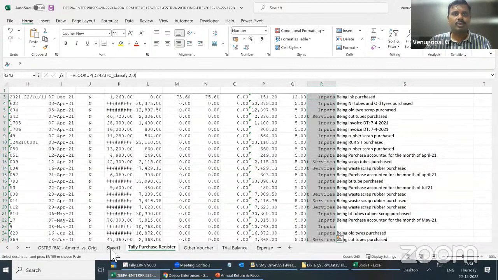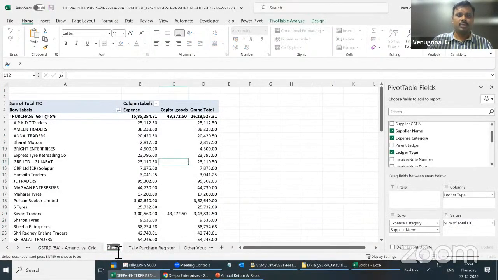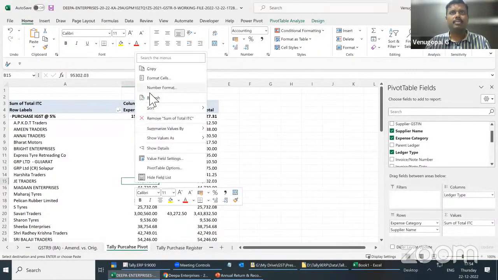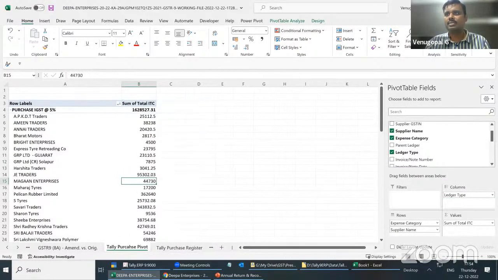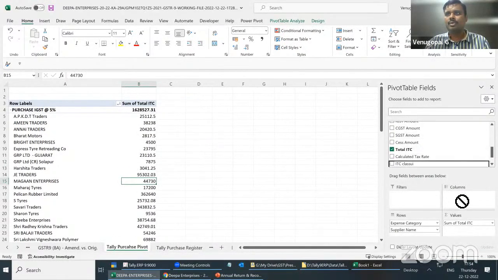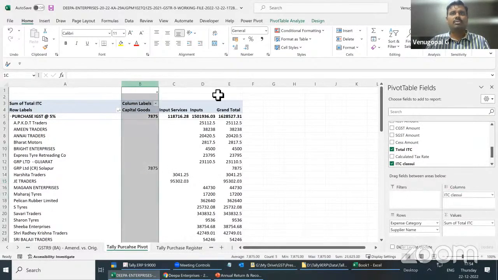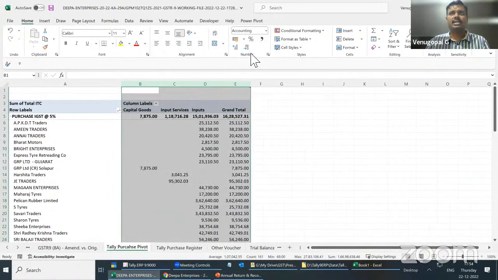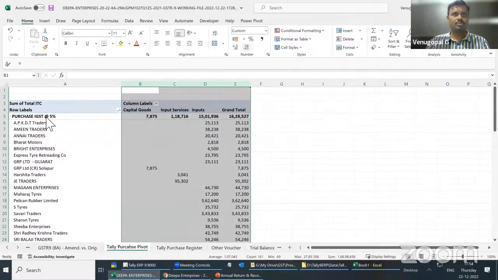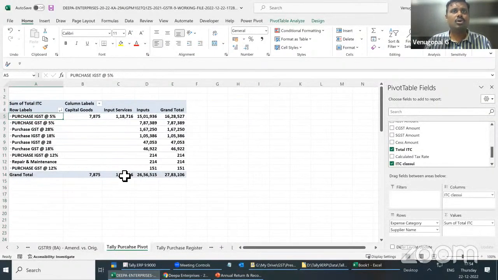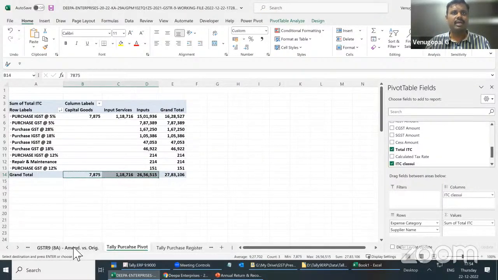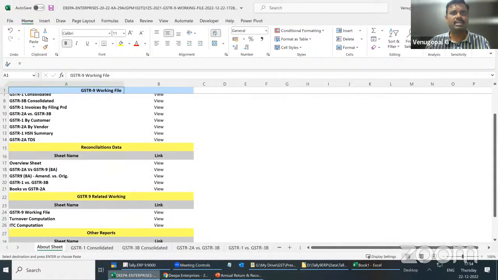Right. So in your pivot, tally purchase pivot, let me get the ITC classification. I'm just giving you your data, you will exactly know. So you know from this data, 795 is capital goods, 1,18,000 is input services, right? I'm just taking this data and let's travel back to my GSTR9